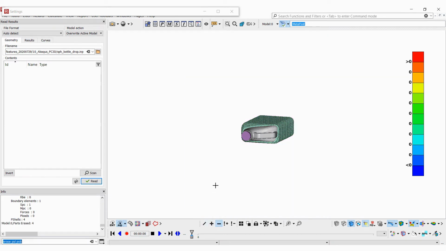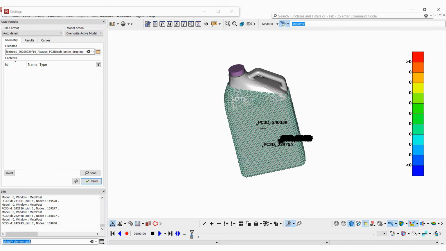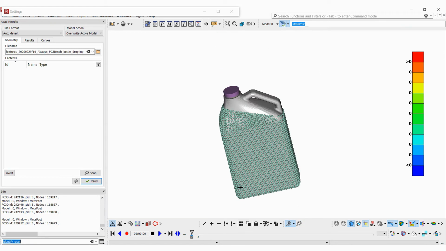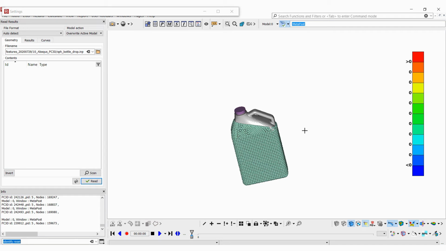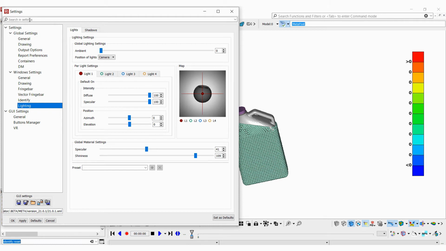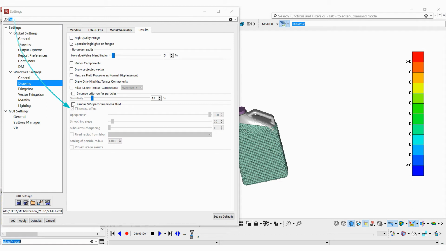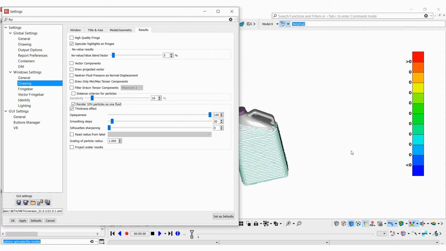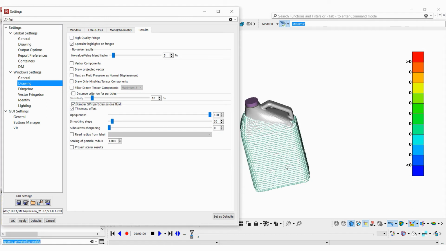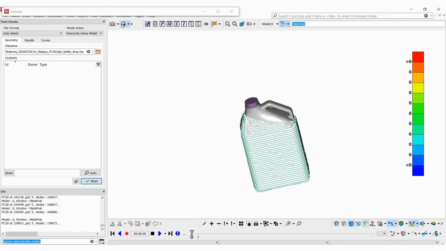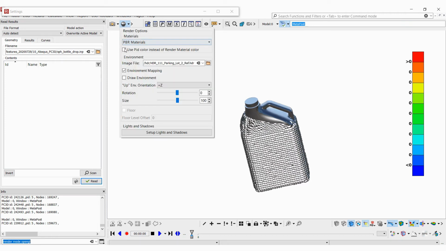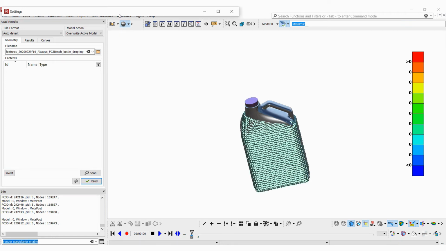Moving to the last feature for graphics, we will load an Abaqus file with PC3D elements. So we've got these PC3D elements drawn as spheres, and there's the option to view them as one fluid. Now if we type fluid here in the search bar of the settings menu, we can enable this checkbox, and the PC3D elements are now visualized as a unified fluid. This is better viewed with render mode on, and we can also use the option to keep our PID colors while being in render mode.